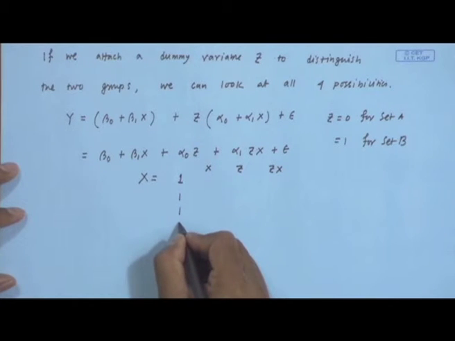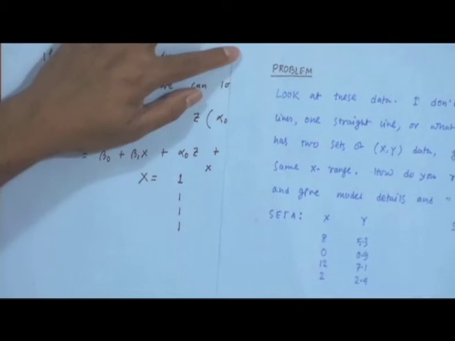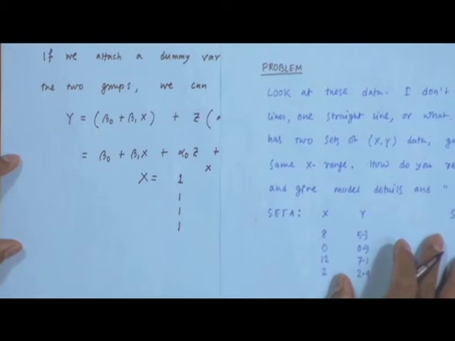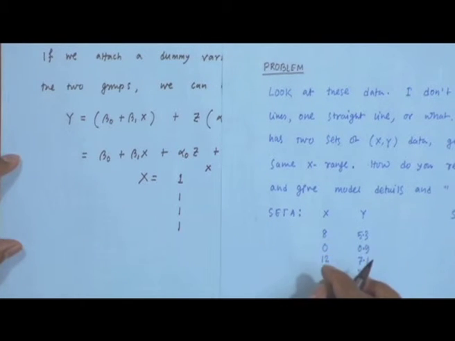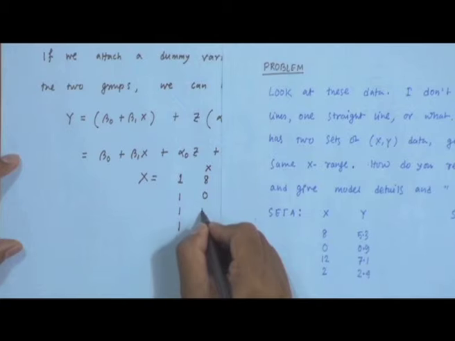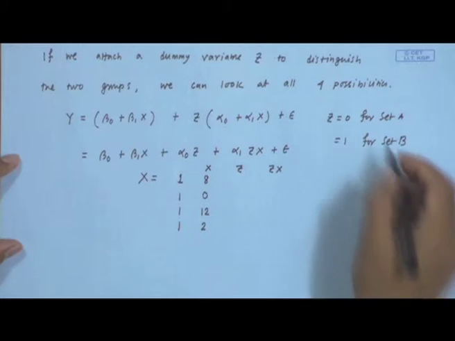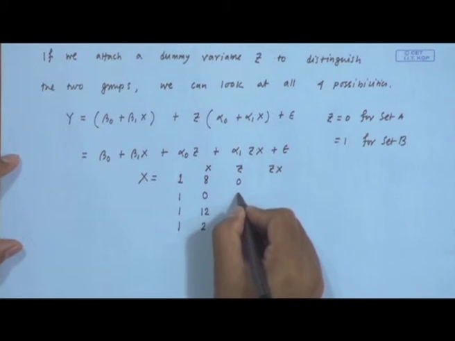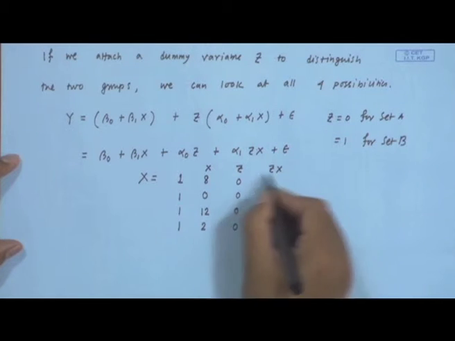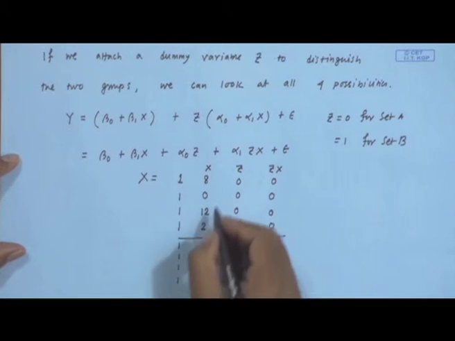So, first set has 4 observations, and the observations are 8, 0, 12, 2. So, I will put them 8, 0, 12, 2, and for the first set, set A, my z is equal to 0. So, 0, 0, 0, 0, and then z x is of course all 0, right. So, this is for the first set, and for the second set 1, 2, 3, 4, and you can check